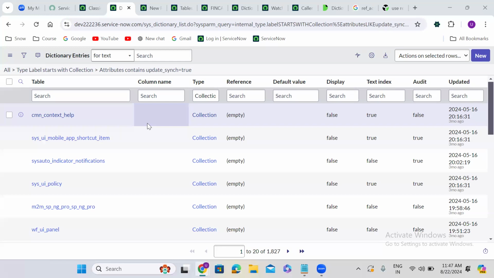Clear? So if a table collection field has the update_sync is equal to true attribute, whatever you do in this table will automatically be captured in the update sets. If a table collection field doesn't have this attribute, that won't be captured